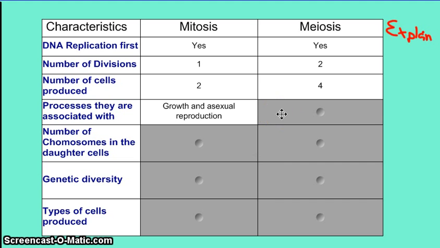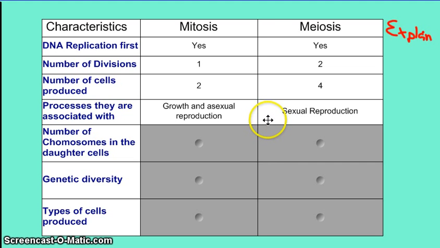And it's critical that your cells keep the same number of chromosomes, the same amount of DNA in them. Same is true in asexual reproduction. The cells at the end of reproduction have to have the same number as the original parent, and mitosis makes that possible. Meiosis, on the other hand, is associated with sexual reproduction because it